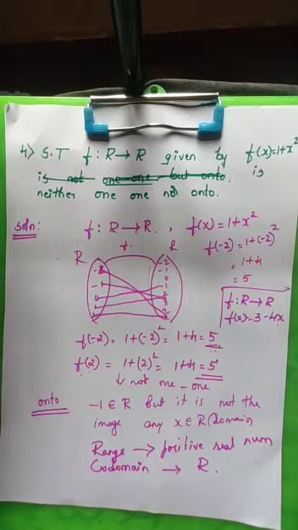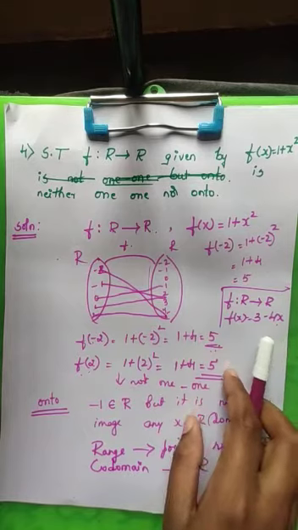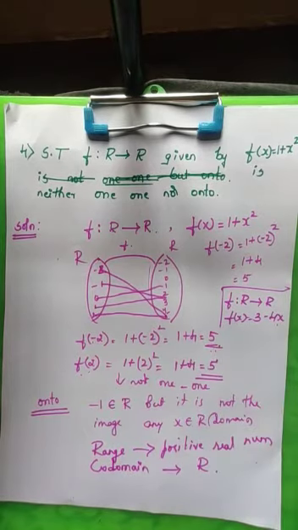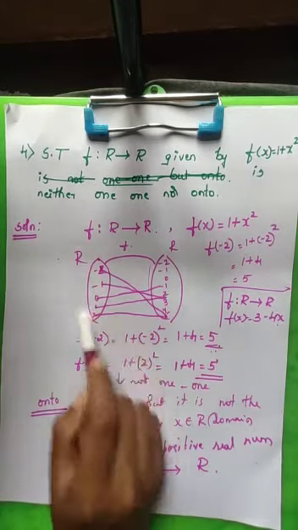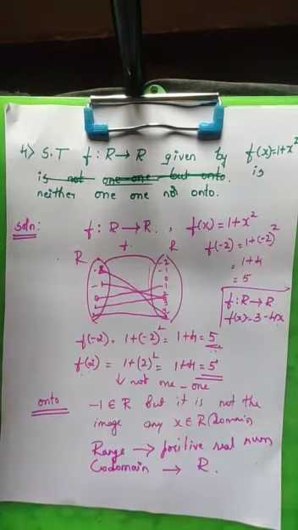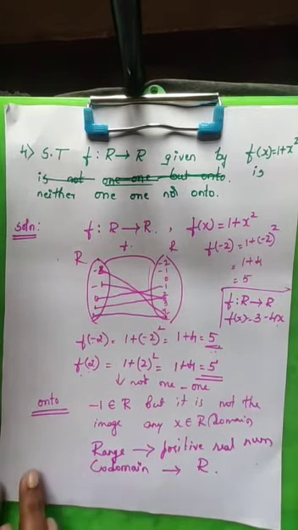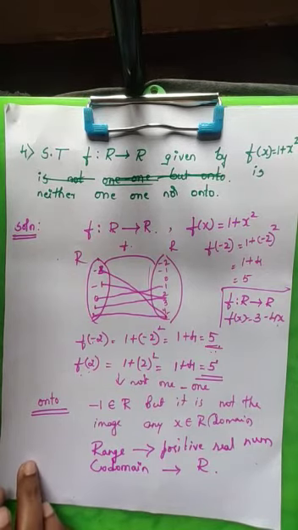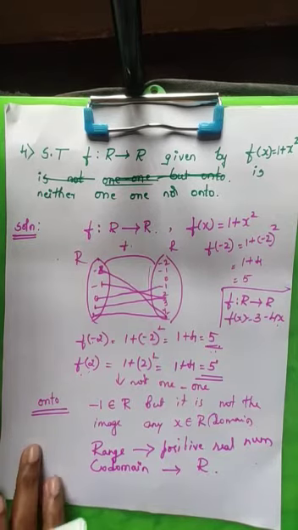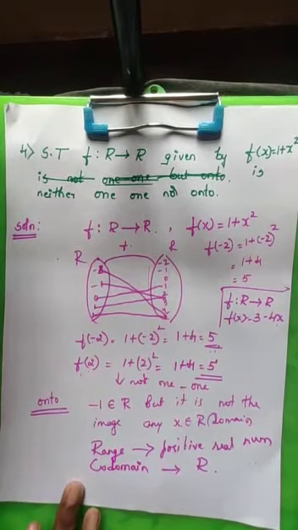This is similar. When you have to check, go for the mapping. First find out the numbers. If you can see that the function is one-one, then write the general form: the function is one-one because f of x1 equals f of x2 implies 3 minus 4x1 equals 3 minus 4x2, and we get x1 equals x2. If you get x1 equals x2, then you can say that the given function is one-one.